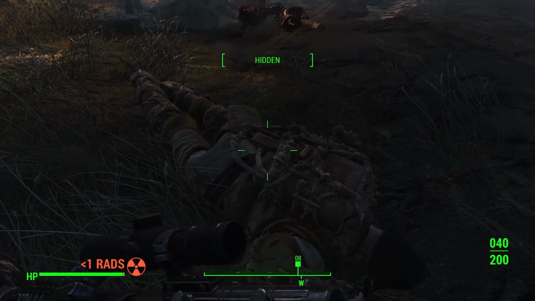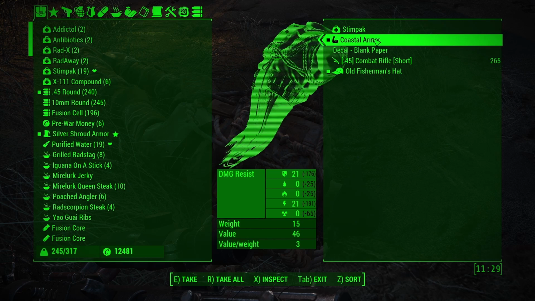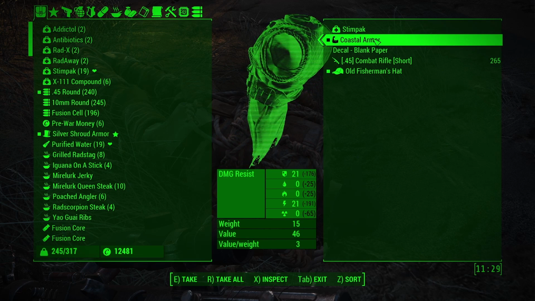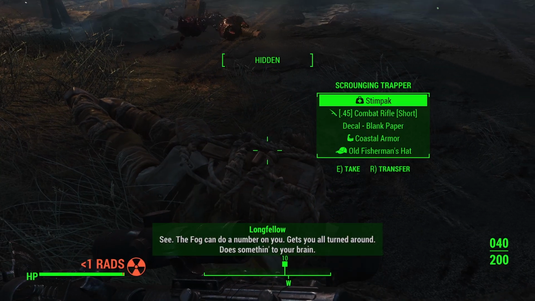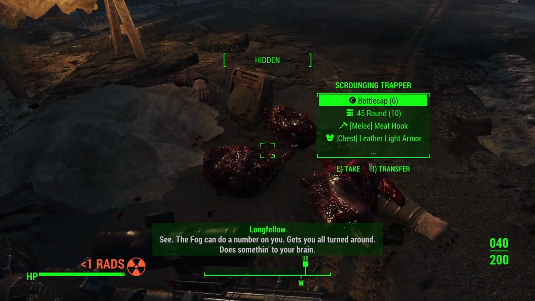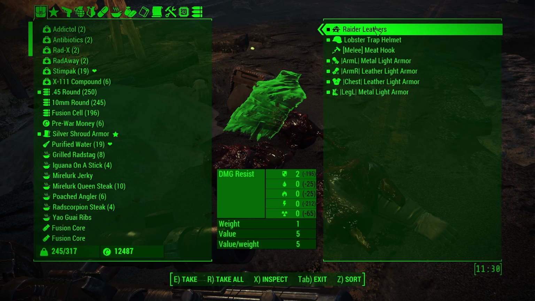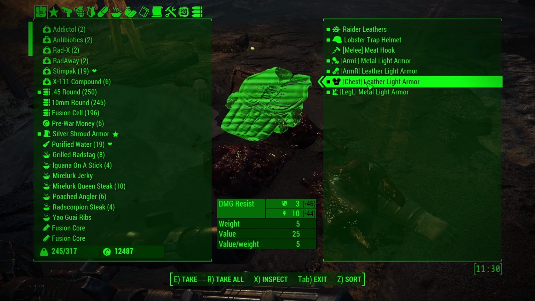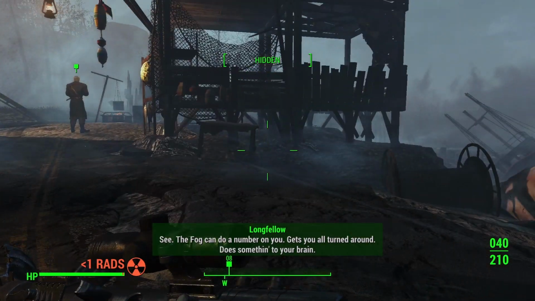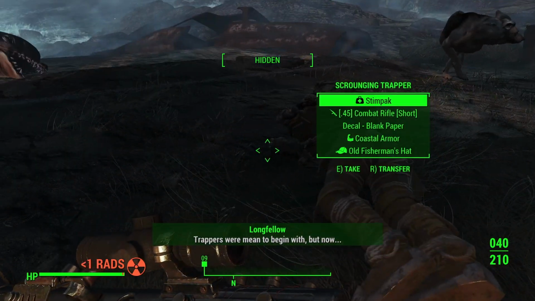I love Longfellow, he's brilliant. Right. New armour types. Coastal armour. It's like a full set all at once. And fisherman's hat. Nothing that we need. Ammo will take, bottle caps will take. Yeah, lobster trap helmet does exactly what it says on the tin. It's a helmet made from a lobster trap. Don't know why, but that's how it is. Trappers were mean to begin